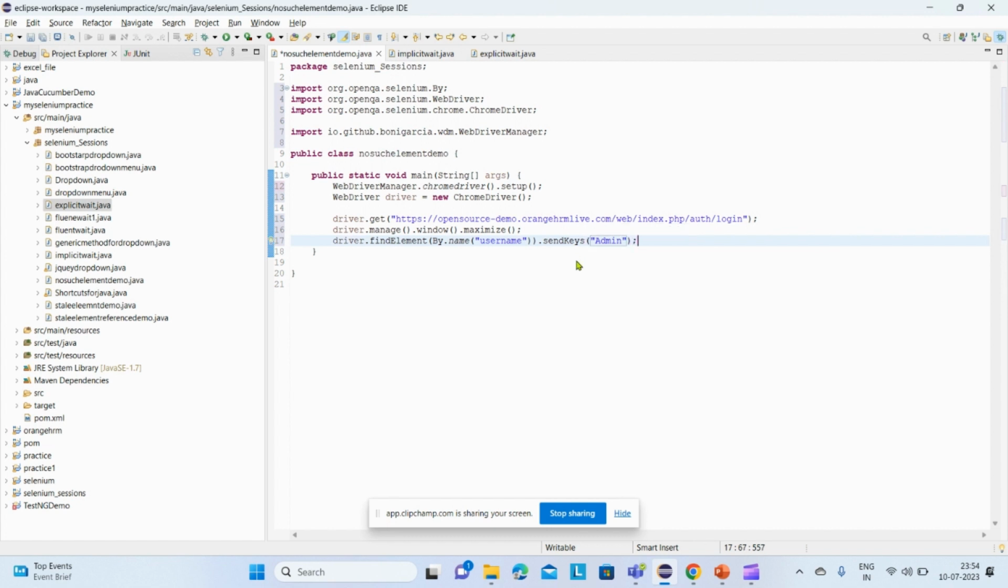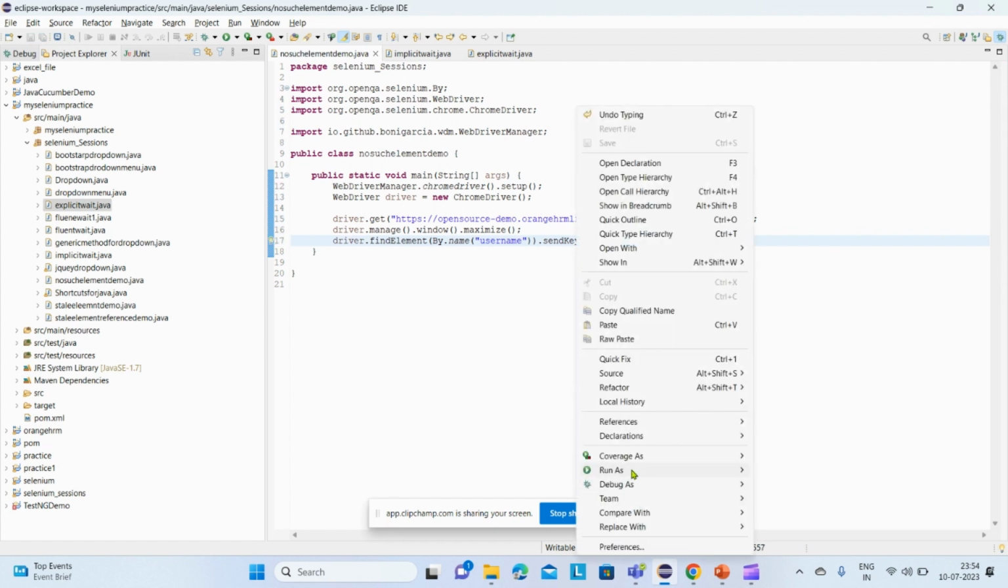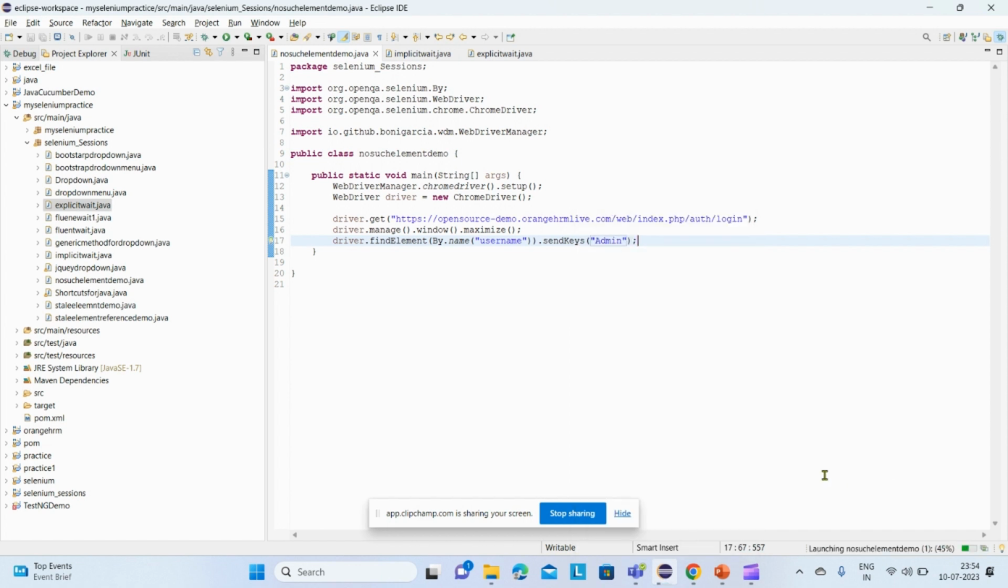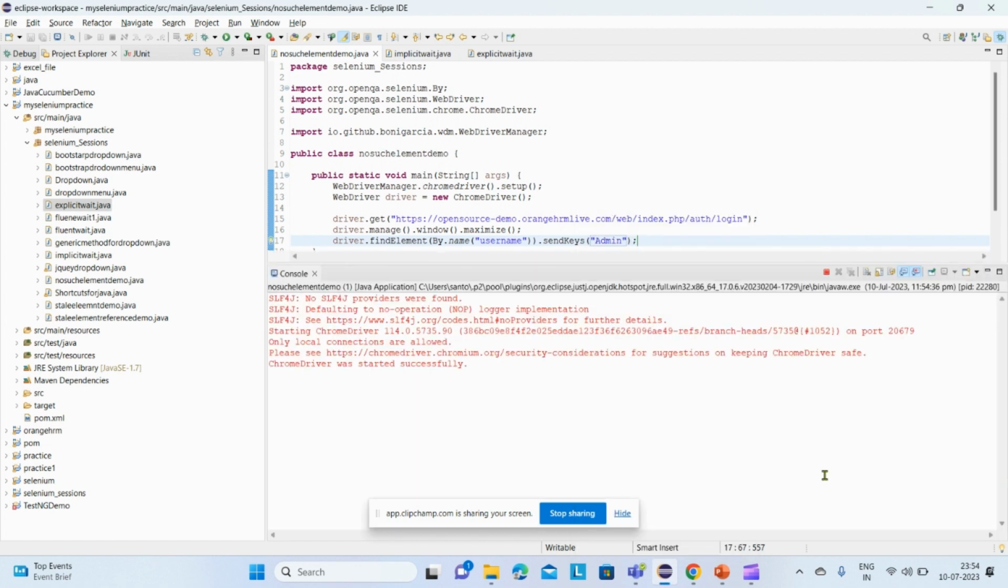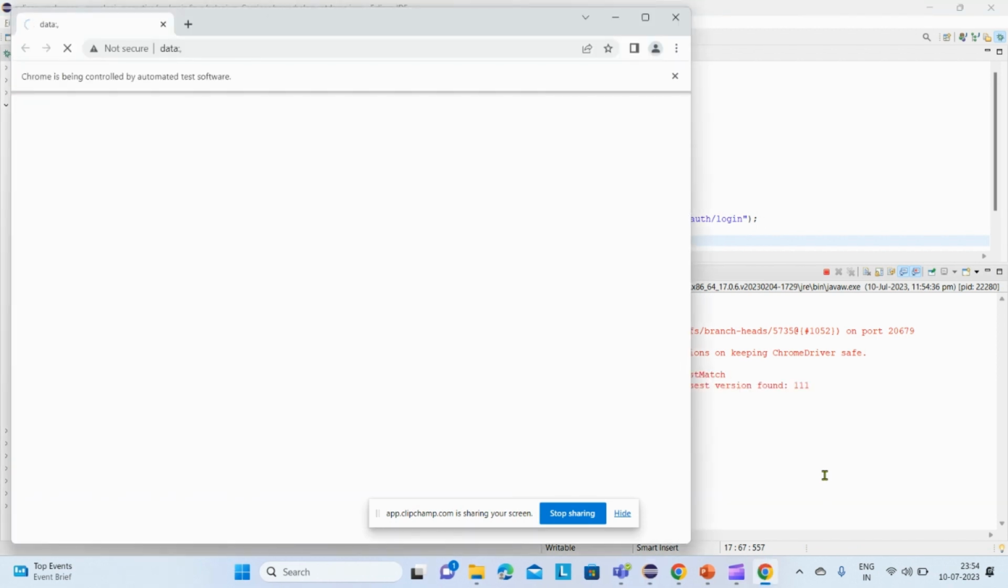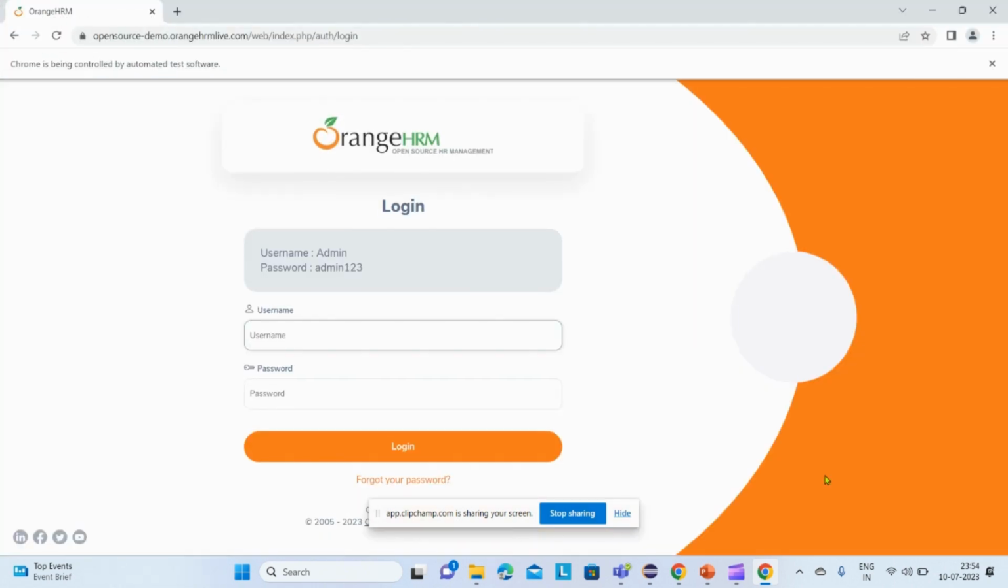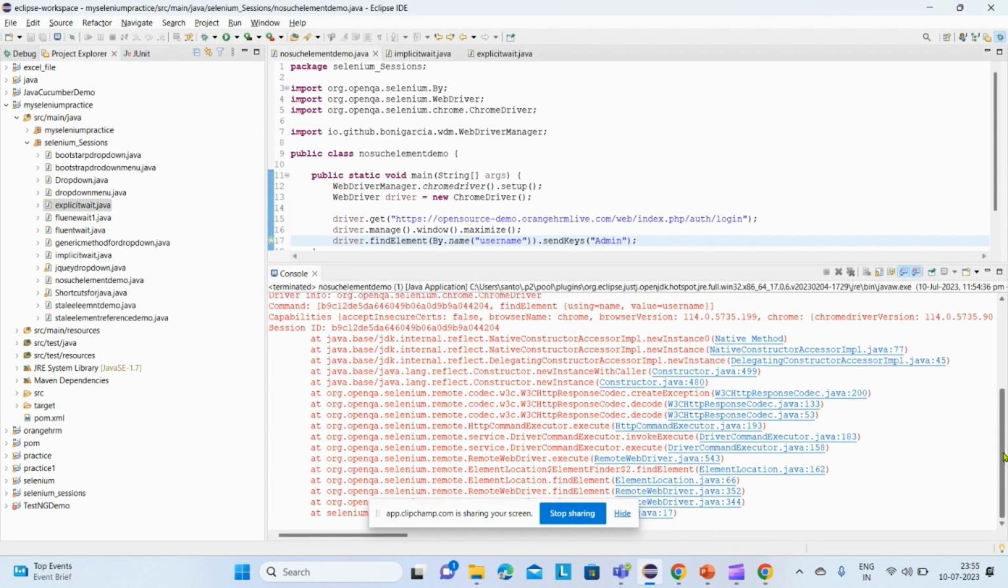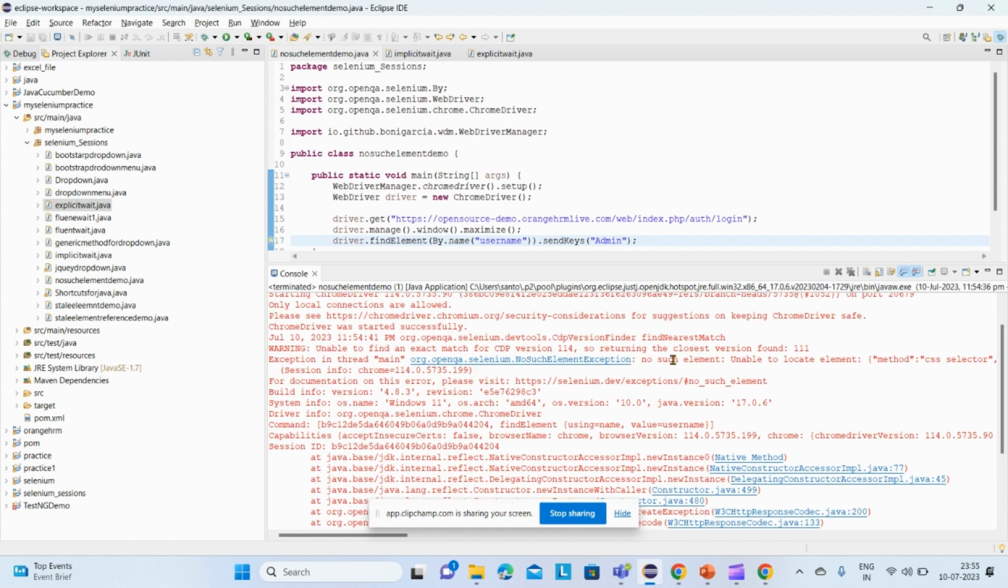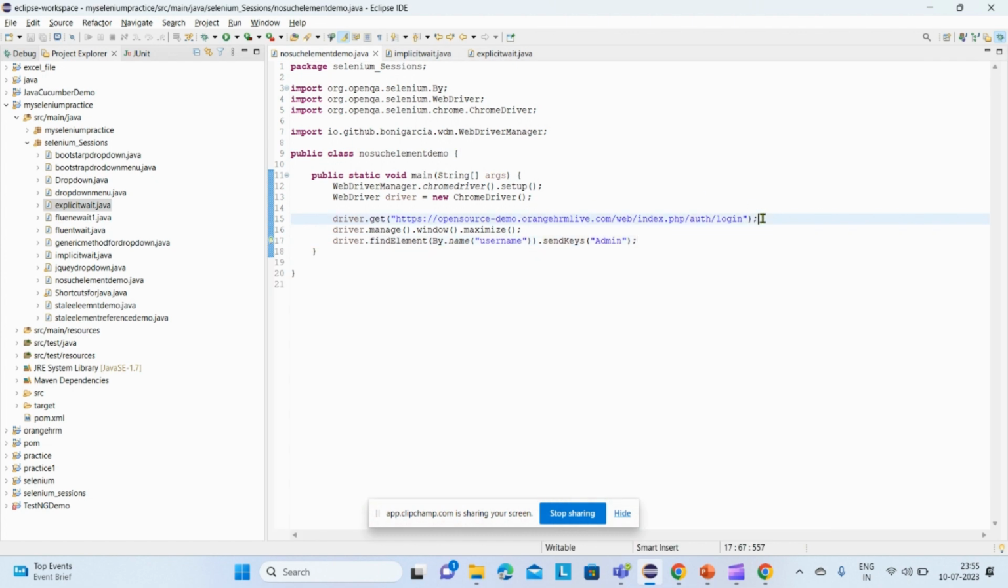Now just save this and run this code. It will open the Orange HRM Chrome browser, then Orange HRM. Then after that, it will try to find that web element username, and it will try to send the keys, that is admin. But here you can see that we got error like no such element exception. Now what we'll do after this,